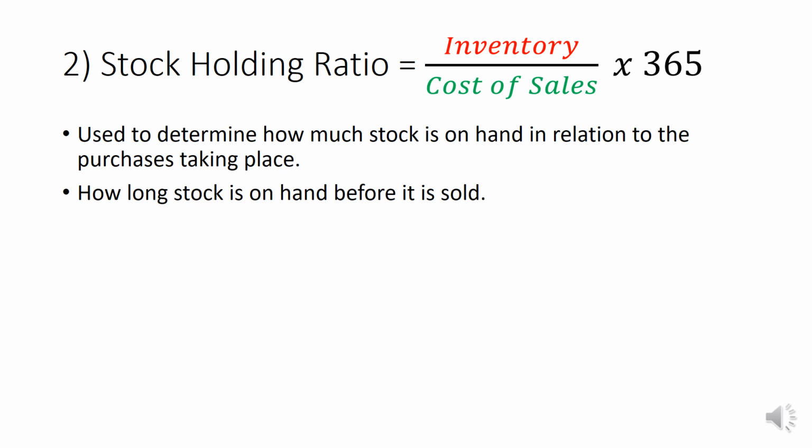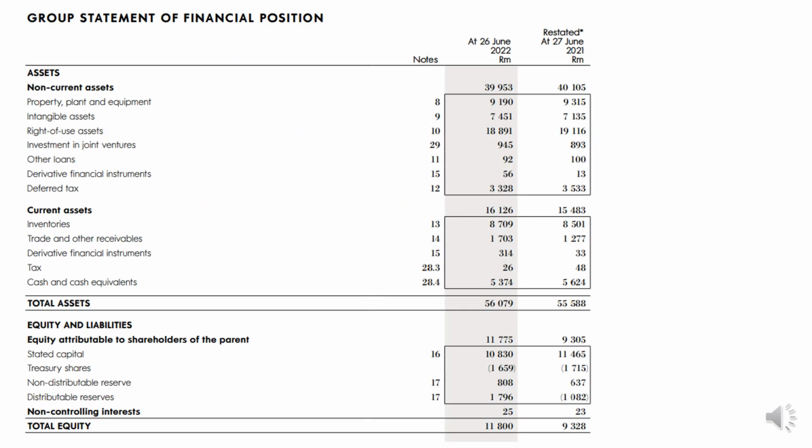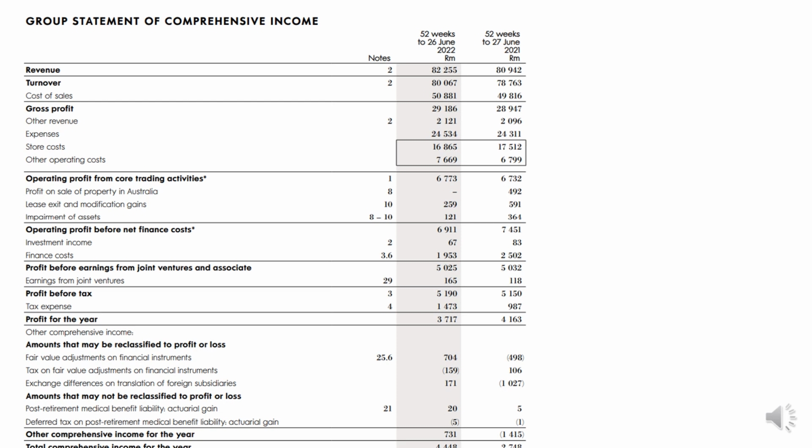So we're going to look at inventory in red divided by cost of sales times 365 to get the amount of days. When we look at the statement of financial position, we will be looking at inventories in red for 2022, which is 8,709. And we are going to look at the statement of comprehensive income, or the income statement, and we will be looking at the year 2022. We look at cost of sales, which will be the